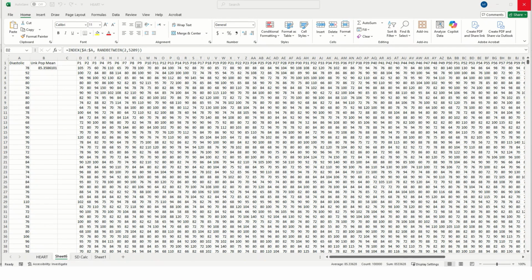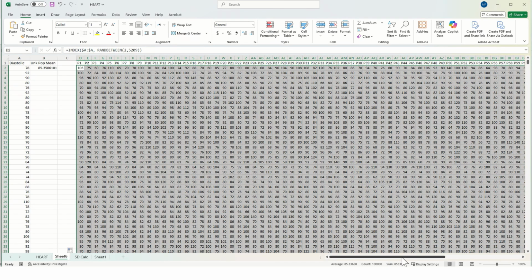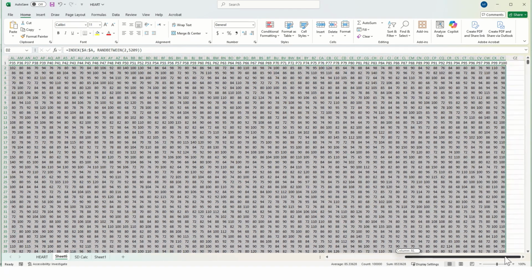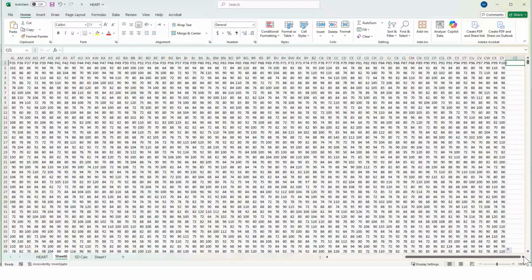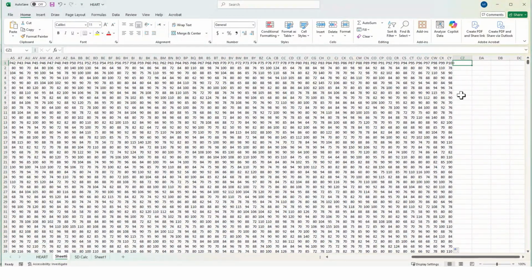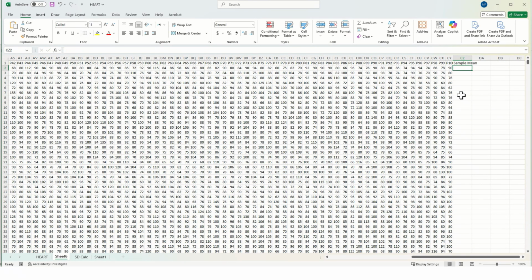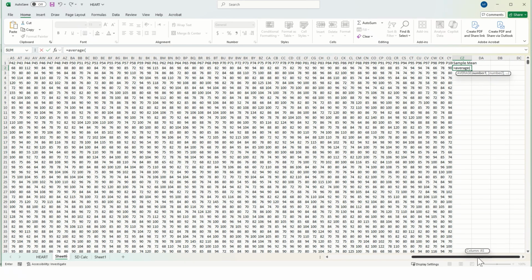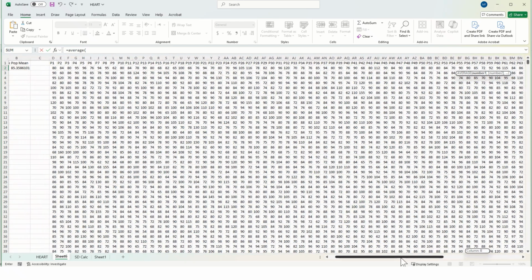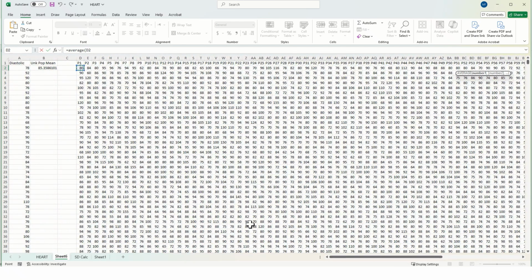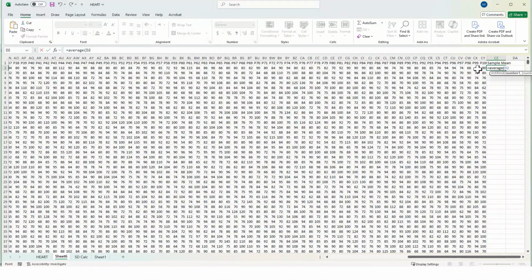Let's take the sample mean of all the samples we have taken. So move to the end of all these samples, and I'm going to name this column CZ as sample mean. We know the formula for sample mean is simple: average and parentheses. Now all the values are entered horizontally. So I'm just going to click the first value and